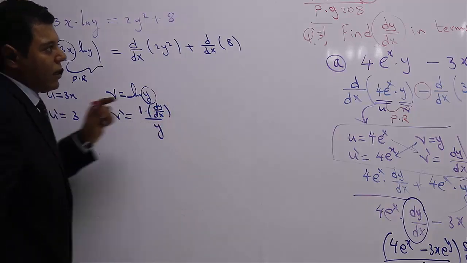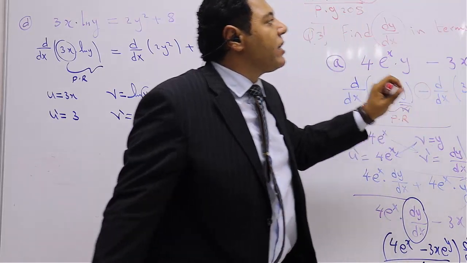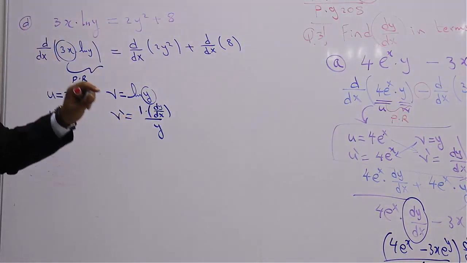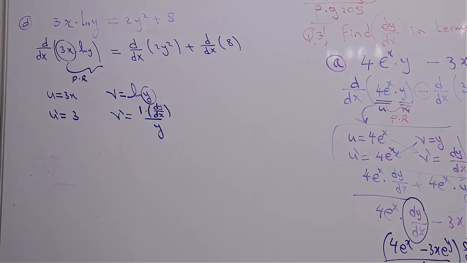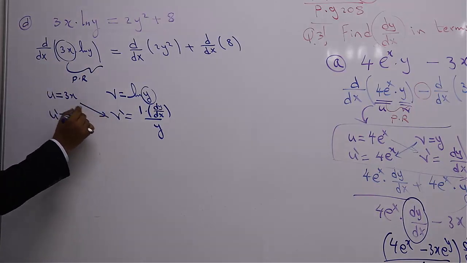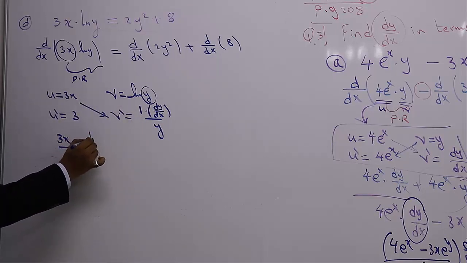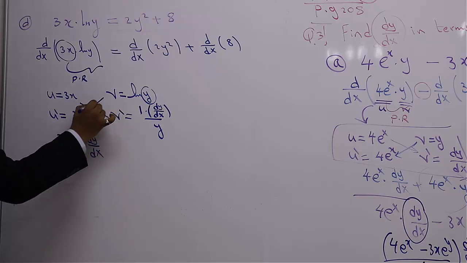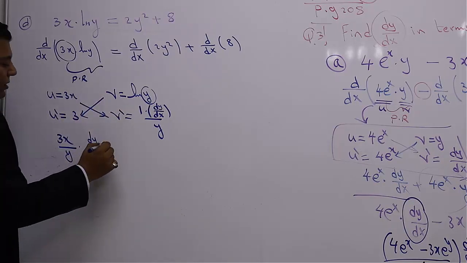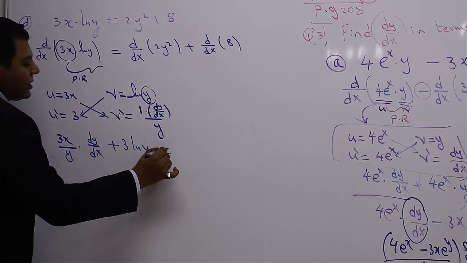You know why? For these kinds of problems, anytime you differentiate a y value with respect to dx, differentiate it normally, then add dy over dx. So the derivative of this term will be u times v dash, 3x times 1, it's 3x, divided by y, all of this times dy over dx, plus v times u dash, it will be 3 times ln y. All of this is equal to